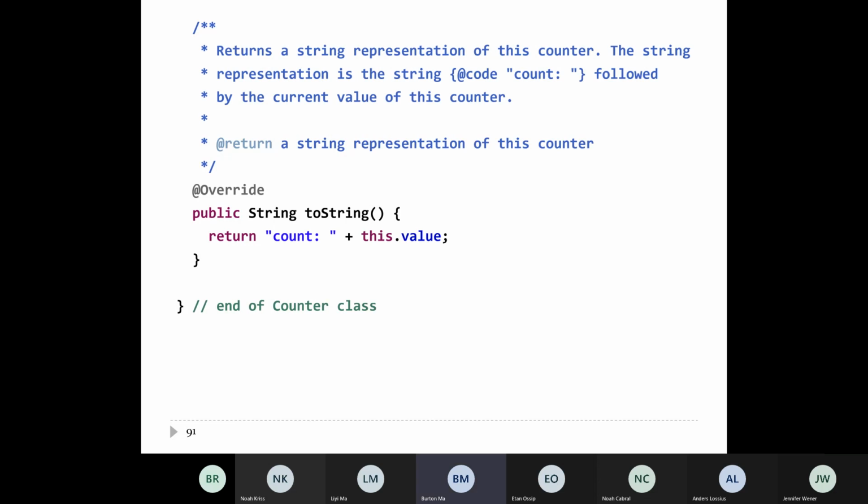Anything else? So I'm not seeing anything. If you override